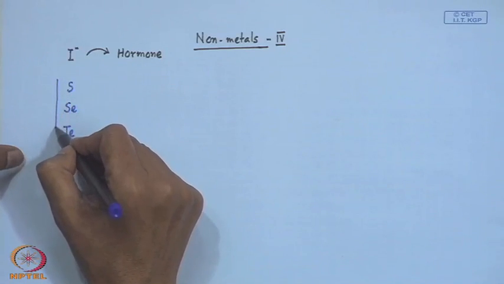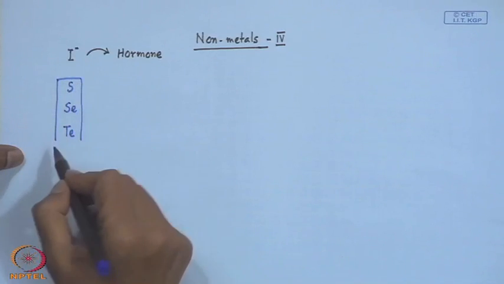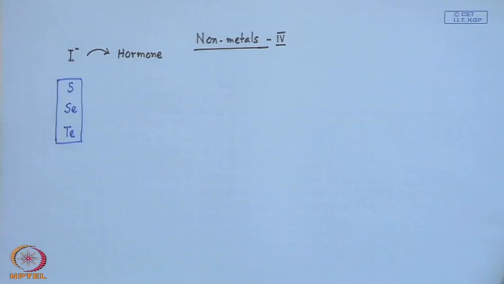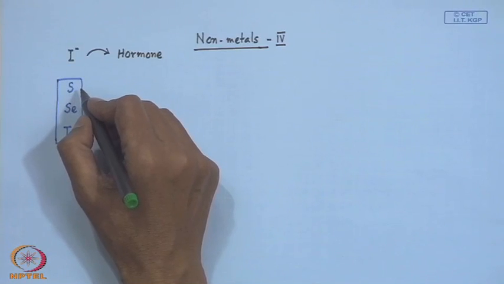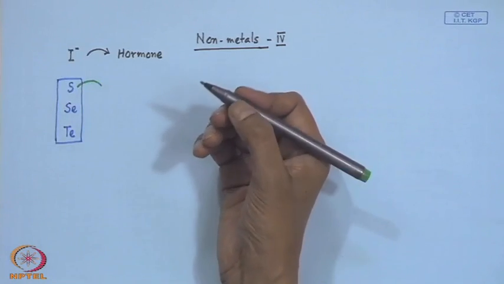We have sulfur, selenium and tellurium, and so far much of the development has already taken place for the corresponding bioinorganic part or the biological chemistry related to the nonmetals, where this particular sulfur atom